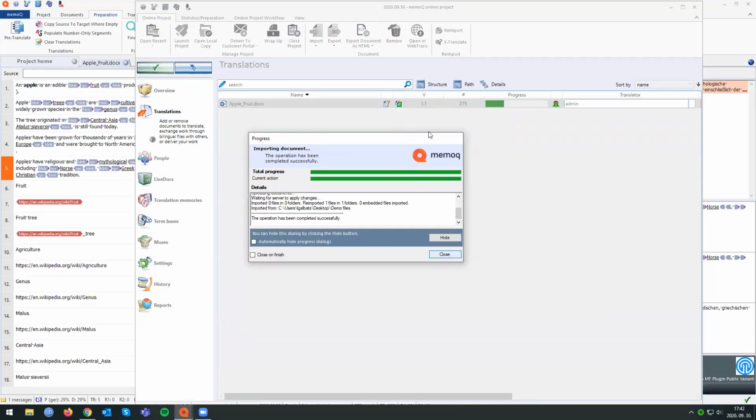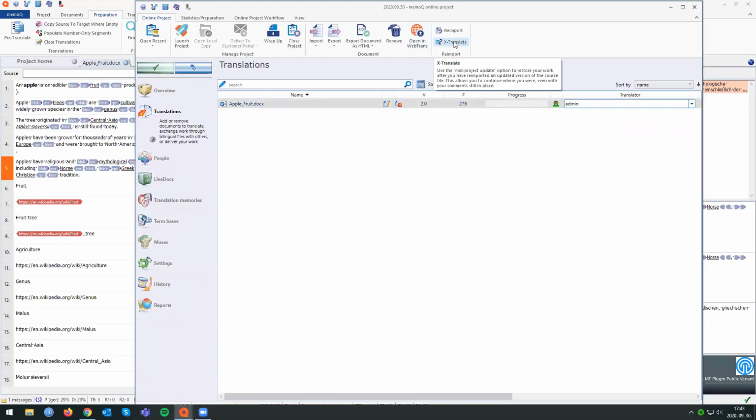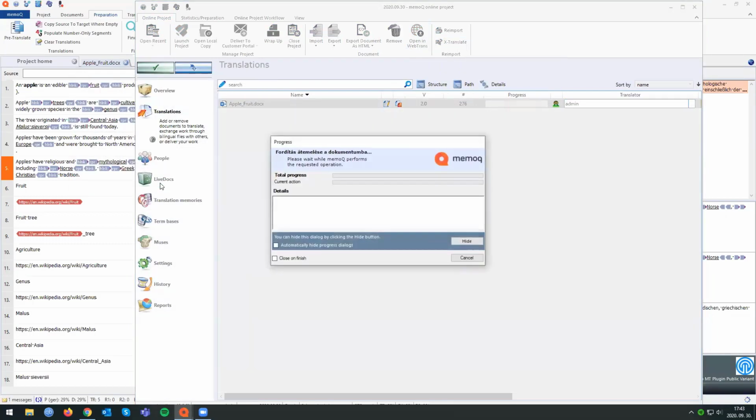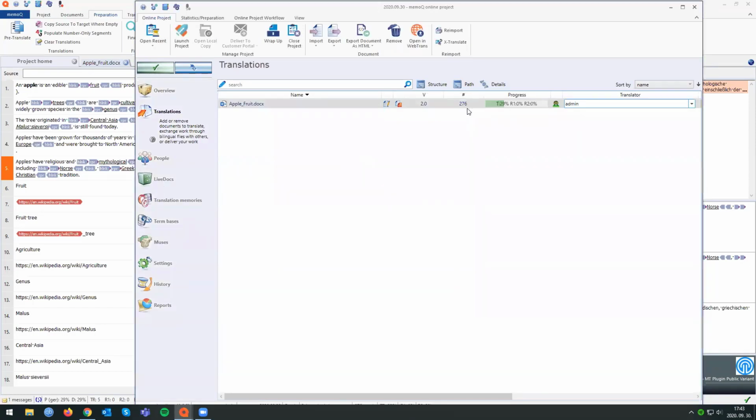But that just means that you have to use an additional function, which is called XTranslate. And with that function, you can continue from where you left off. You will see all the different segments that you didn't touch yet, so you are not losing any work that way. And so these are just a few settings that I wanted to show you, and let's see what kind of questions we have so we can answer